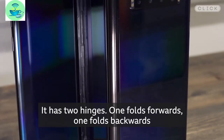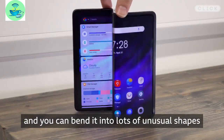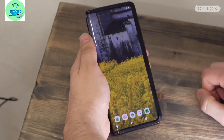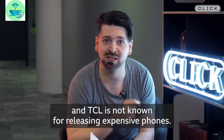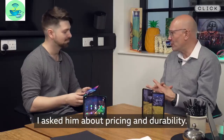It has 2 hinges, one folds forwards, one folds backwards, and you can bend it into lots of unusual shapes, although I'm not entirely sure why you would want to. Now, so far, the folding phones we've seen other companies release have been eye-wateringly expensive, and TCL is not known for releasing expensive phones. So when I got to chat to Stefan Streit from the company, I asked him about